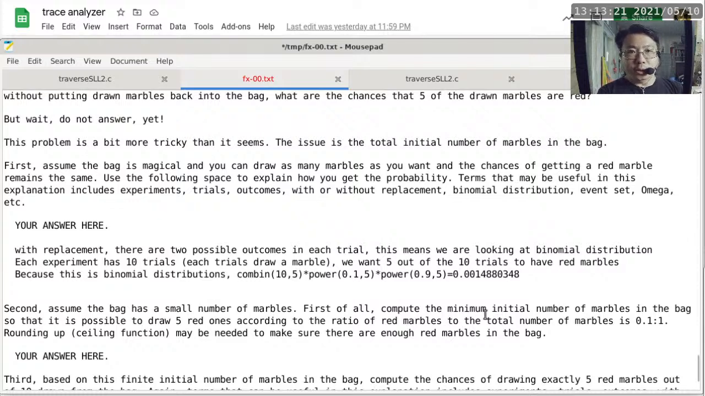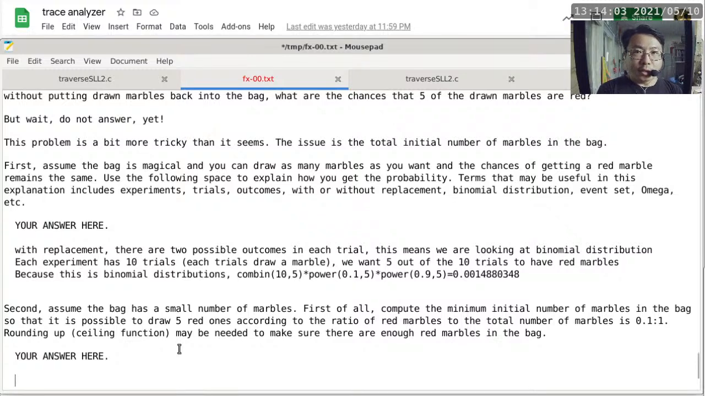First of all, compute the minimum initial number of marbles in the bag, so that it is possible to draw 5 red ones, according to the ratio of the red marbles to the total number of marbles being 0.1 to 1. So we are talking about a 1 to 10 ratio here, and we need exactly 5 red marbles to be able to draw 5 marbles out of the bag in our experiment of 10 trials. Rounding up using the ceiling function may be needed to make sure there are enough red marbles in the bag. Okay. All right, so we need 5 red marbles in the bag because we want to be able to